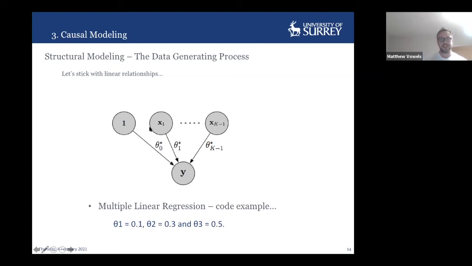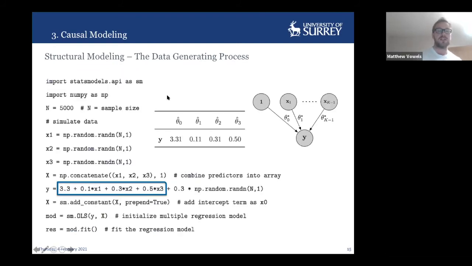So we're basically creating a simulation that's perfect for multiple linear regression. Then sure enough, you do recover the true coefficients. So in this blue box here, just to rush through this, the coefficients on these three variables, x1, x2, x3, are 0.1, 0.3, and 0.5. I generate some data, I run multiple linear regression, and sure enough, the coefficients on x1, x2, x3, theta 1, 2, and 3 here are 0.1, 0.3, and 0.5. So that's great. It works.